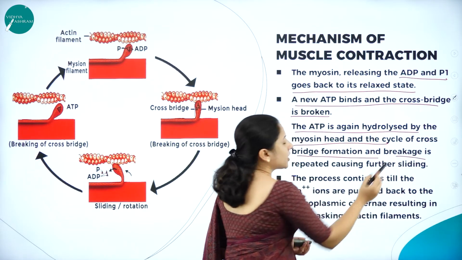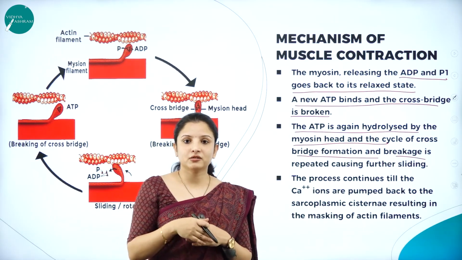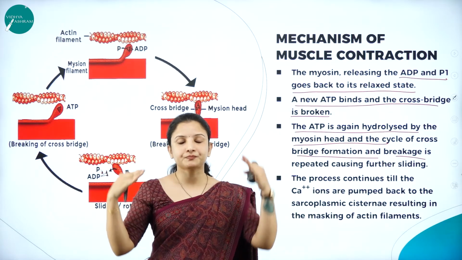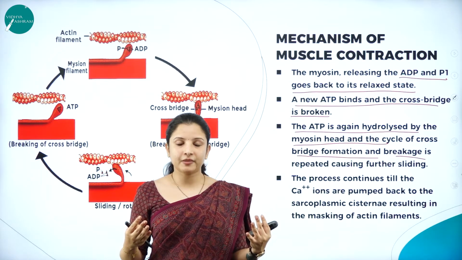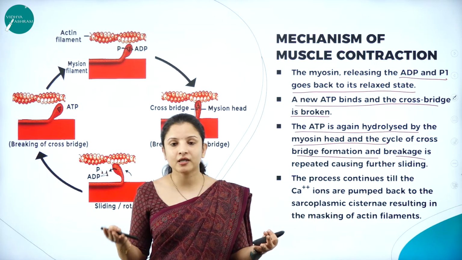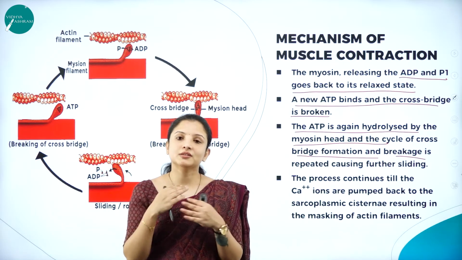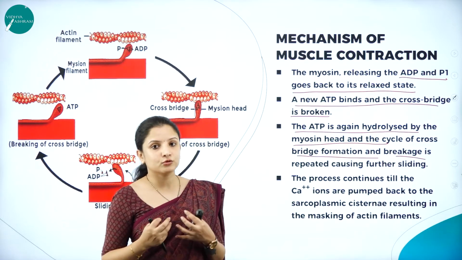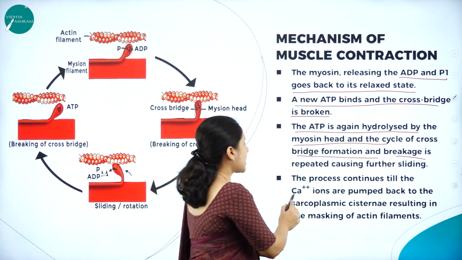Again what will happen? ATP will be utilized, myosin cross bridge will be formed. When the myosin cross bridge is formed, what happens? The sliding of the actin filament will take place, contraction of muscle will take place, then very soon when the ATP goes and binds, again relaxation will occur, again the ATP will release energy, again contraction will occur. So this is a continuous process that goes on in the muscles, and the process continues till the calcium ions